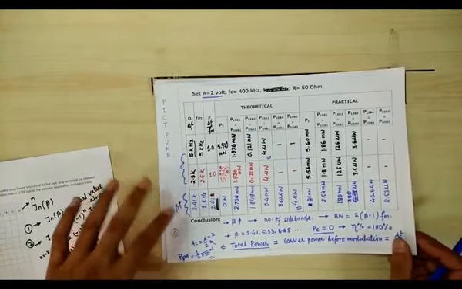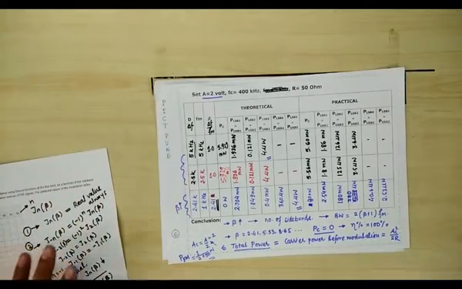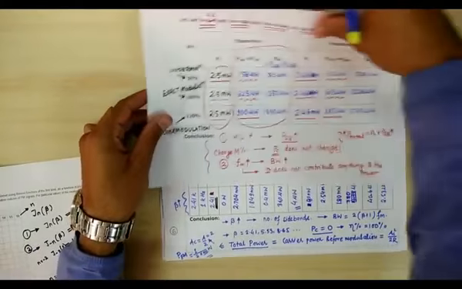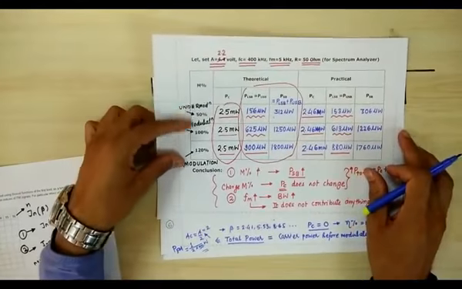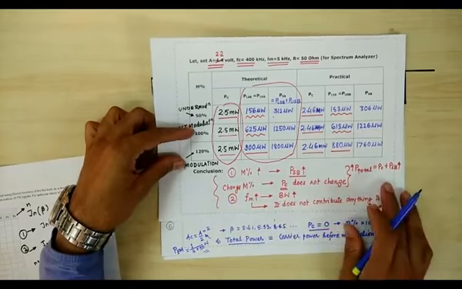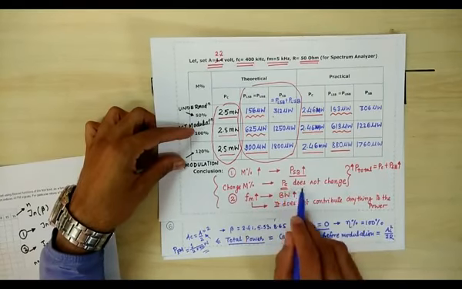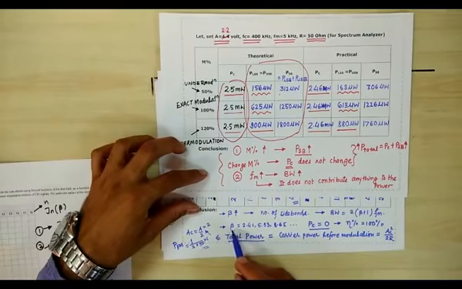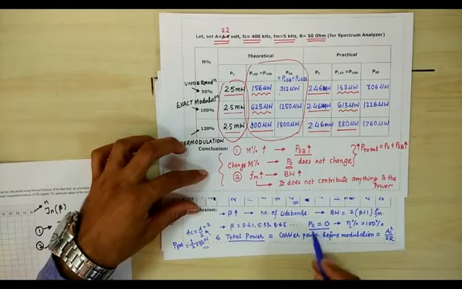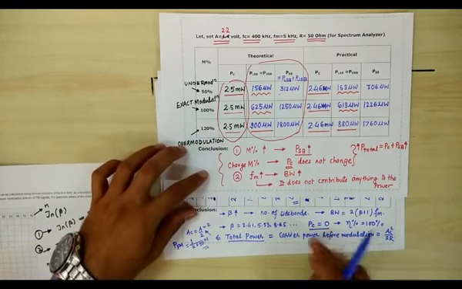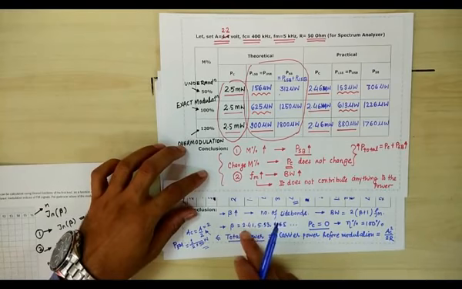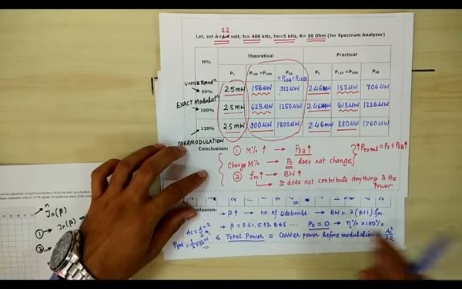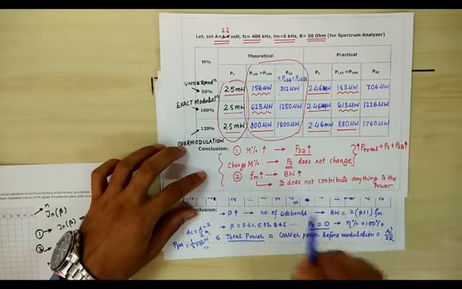So if you compare the AM and FM both, here we can see the AM that we have made the conclusion. This was a modulation index for AM, which changes the sideband power but does not change the carrier power. But if you see here, for different values of beta, that is the modulation index for FM, we can see the carrier power is changing. So by setting these values of beta, we can make our carrier power 0. But here it is not the case.